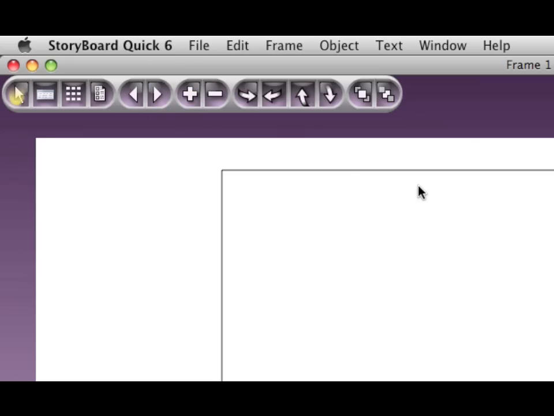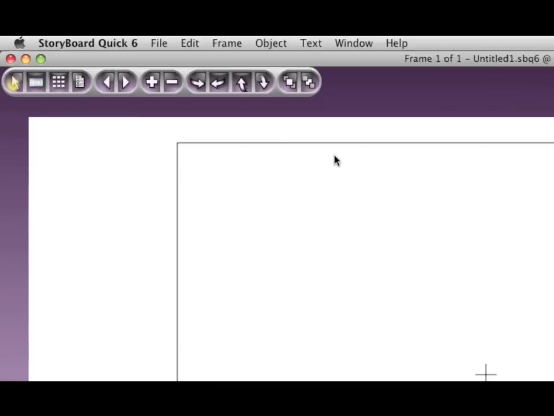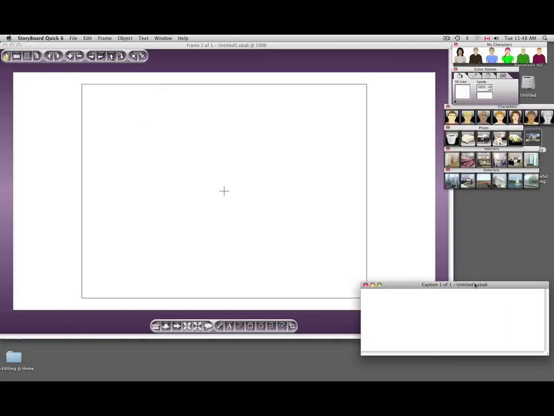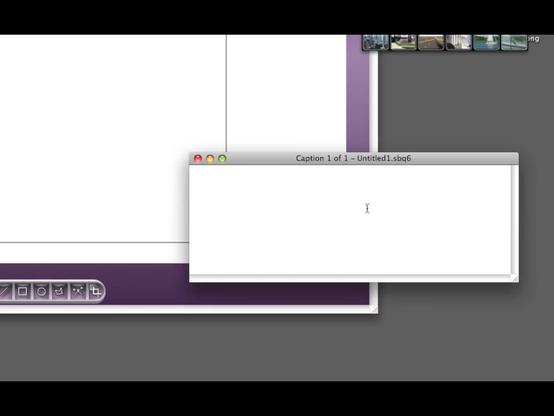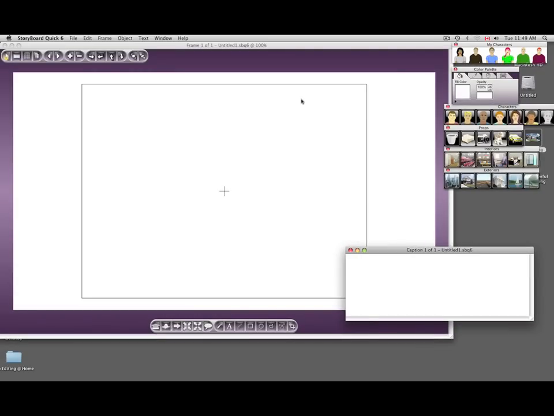Now, before I get to the palettes, the next most important window is down here in the lower right corner. This is our caption window, and this is obviously where we're going to type in either script or a description of what is happening. Now, a great feature of StoryBoard Quick 6 is that you can import scripts from many